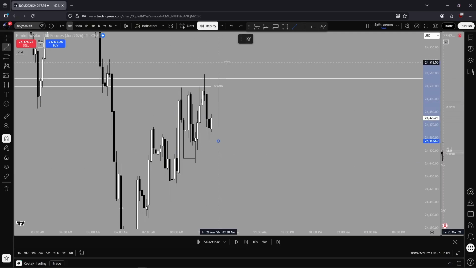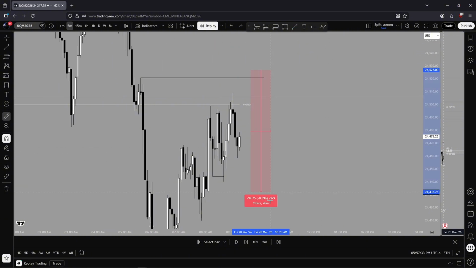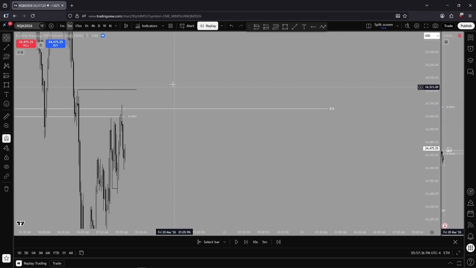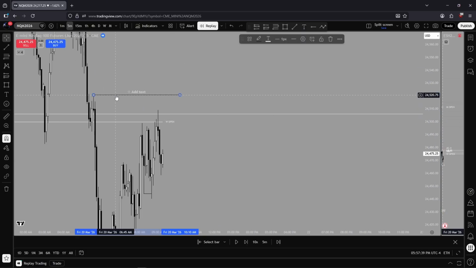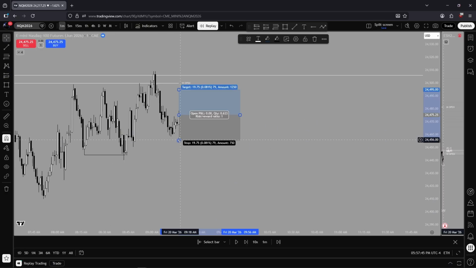Could just be rebalance, you just go higher, right? And price seeks more manipulation. If anything, this looks like the best DOL for price to reach for, to cause a reversal, because if anything, we would be deeper in premium and we would seek out nice manipulation up here as well. So I longed right there, stops right here,